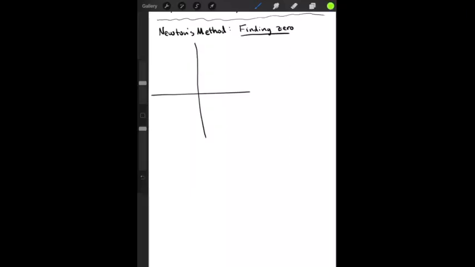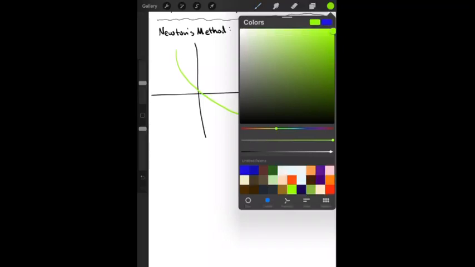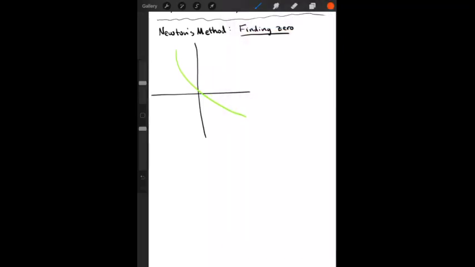Let's see if I can do this. Right. And so if I start here, then that's not the 0. That's clearly not. The 0 is somewhere over here is what we're trying to get to. But the idea of Newton, I might not have made this steep enough,